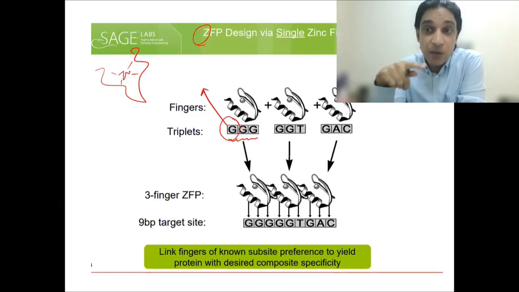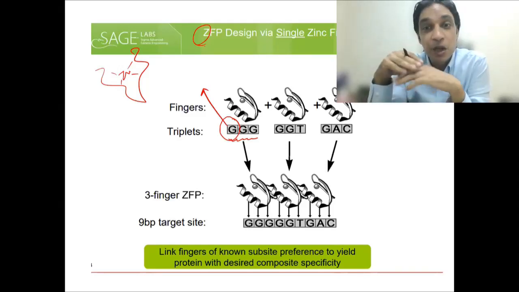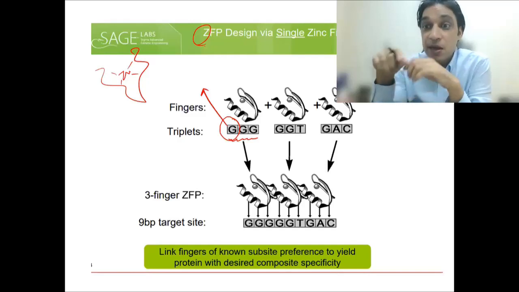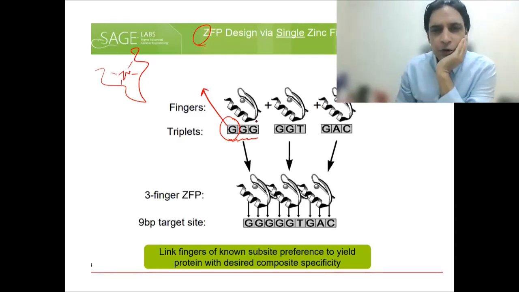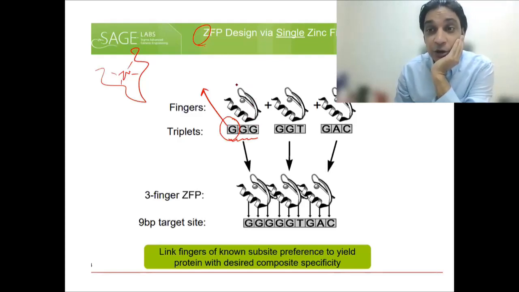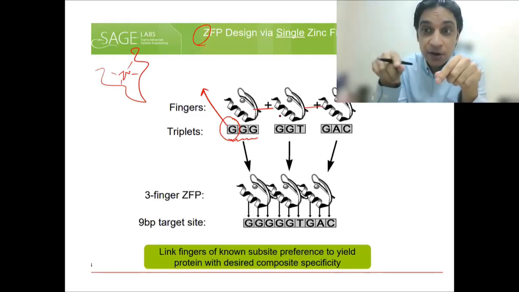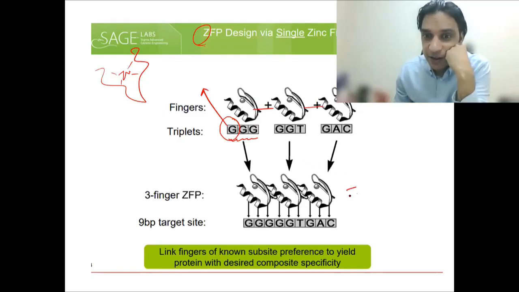So people were studying the zinc finger protein, and they came to know that there are lots of different types of zinc finger proteins. They can recognize three base pairs in sequence, and these three base pairs should start from the G. They recognize DNA sequences in triplets. So hundreds of zinc finger proteins are out there. How about connecting different zinc finger proteins which are recognizing different sequences to create a zinc finger array,